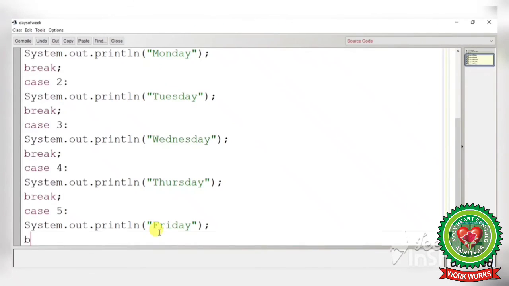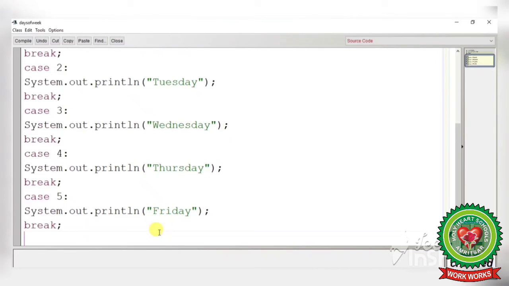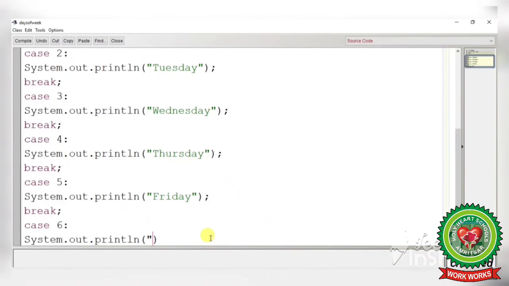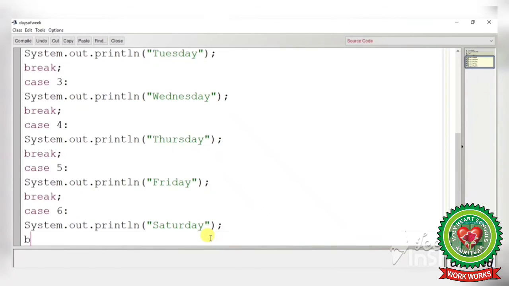Next again break. Case 6. In this line we will write Saturday double quotes, then semicolon, enter, again apply break.